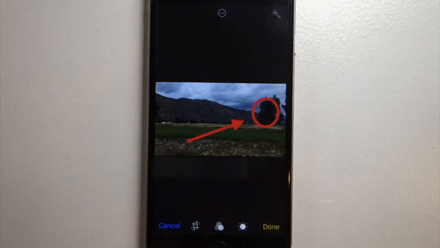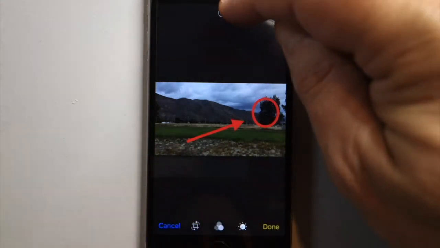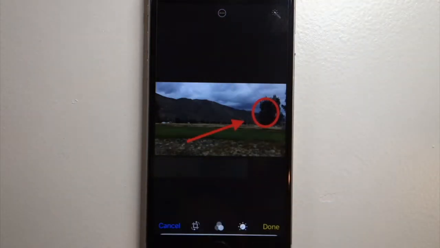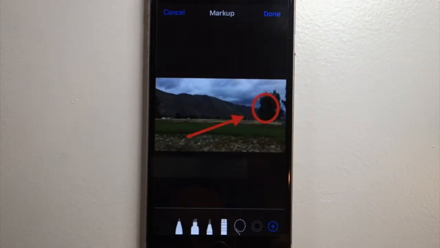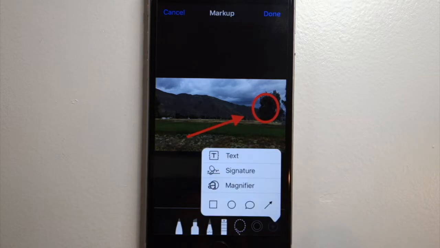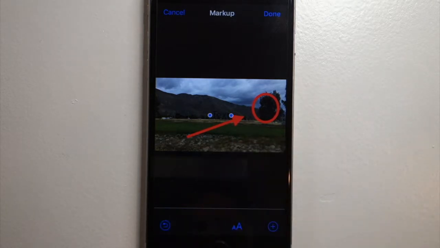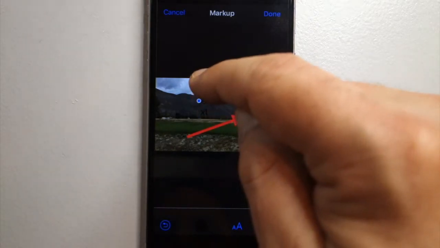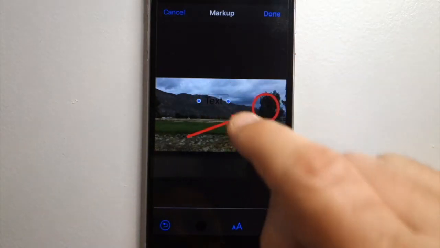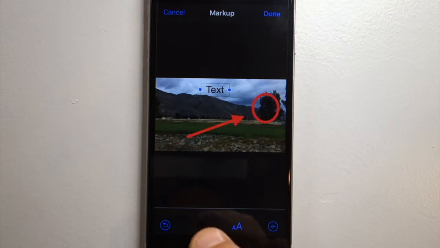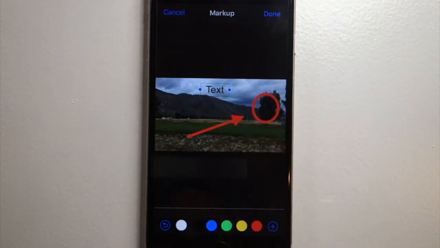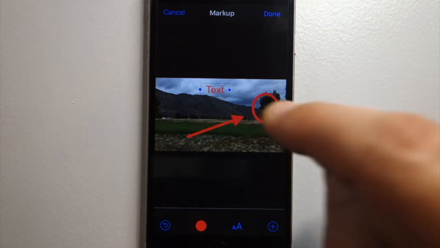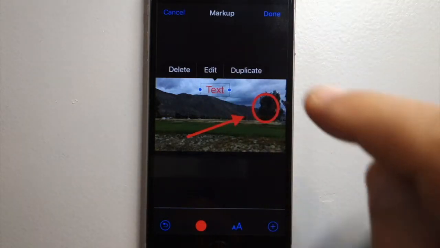And the text will go over that. And if you actually want text over that, we can do that too. Hit the markup tool, and then click the plus, text, and it gives you a little text box right in the middle here. It's hard to see because of the background. I'm going to change the color since it's selected to yellow, no, to red,